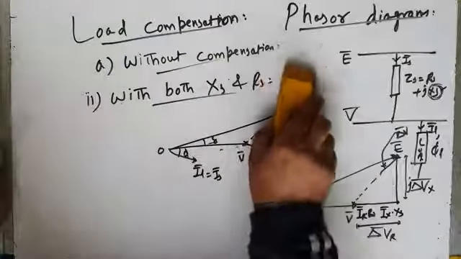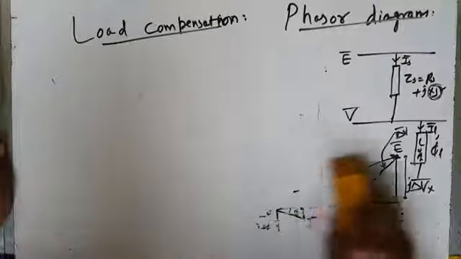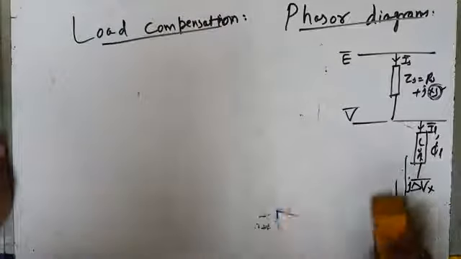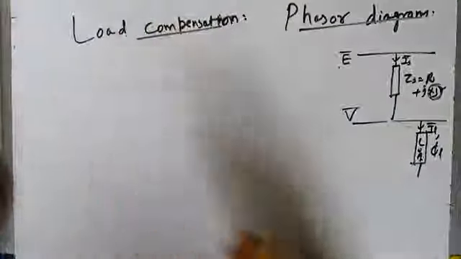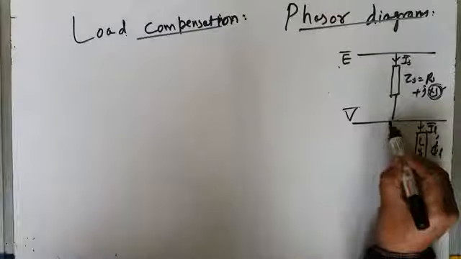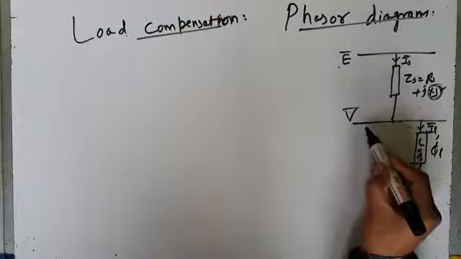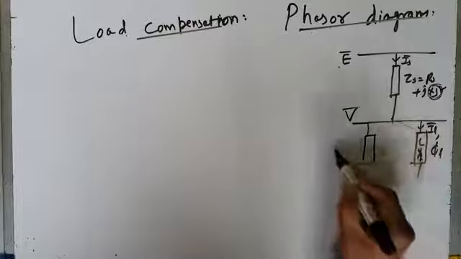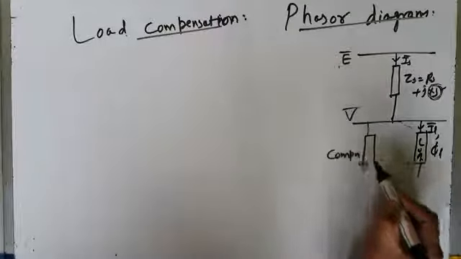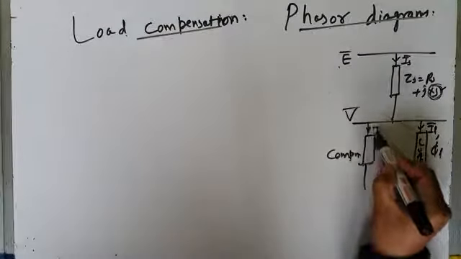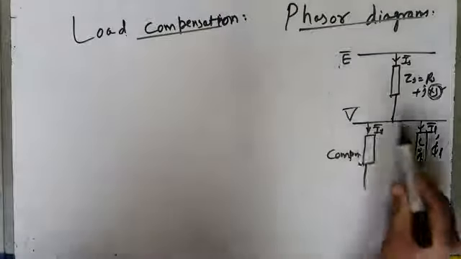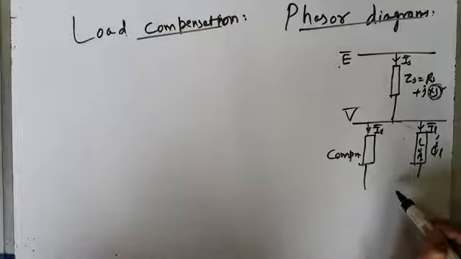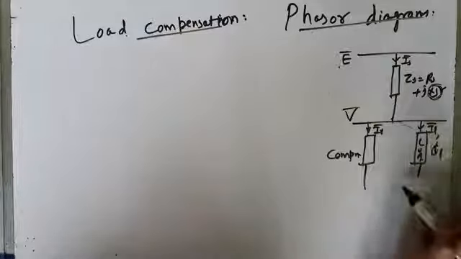Now let us connect a compensator. Now it is time to connect the compensator. Now when you connect the shunt compensator, which may be a shunt capacitor bank, or it may be an active compensator like D-STATCOM, this is our compensator. It draws a current, compensator current I gamma. Now this compensator, you have to first of all define its role. Let us connect the compensator for power factor correction, to make power factor unity, that is reactive power compensation.